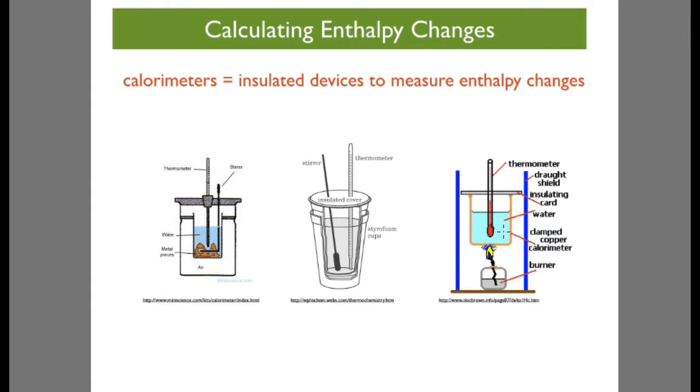Here's a few images of calorimeters, which are just insulated devices to measure enthalpy changes. They might have air. You can see here, air is used